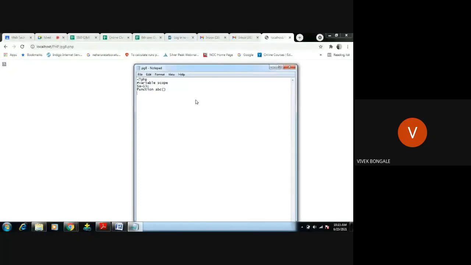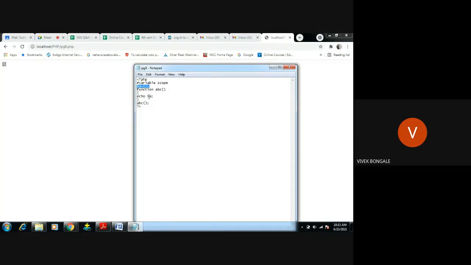Open. Now I am trying to access this value using the echo statement: echo $a. Close. Then I am calling the function ABC. This is PHP. We'll save this program. What I am trying to display here: I created one variable outside the function, and I am trying to access this value inside the function.